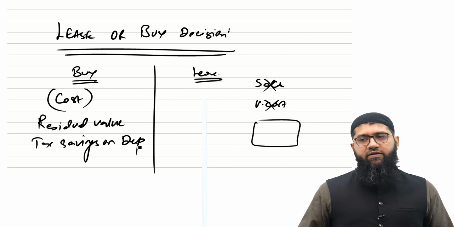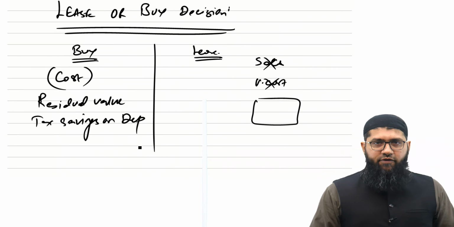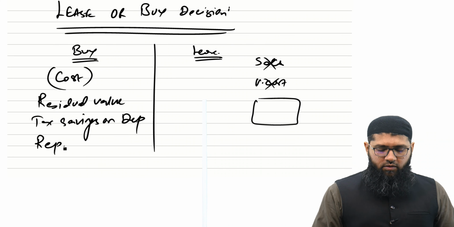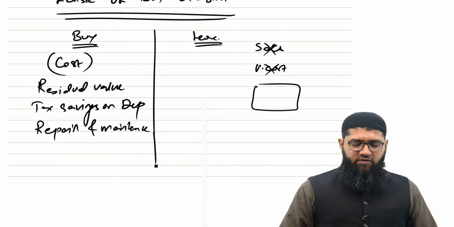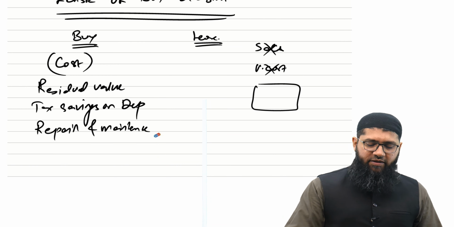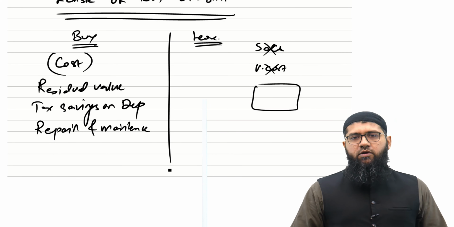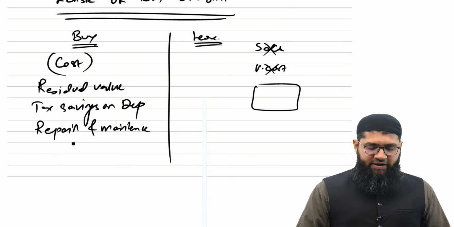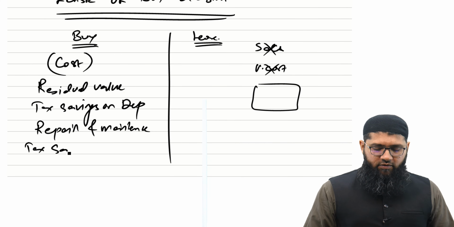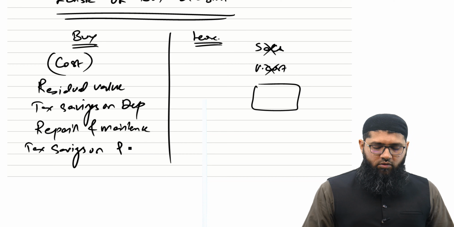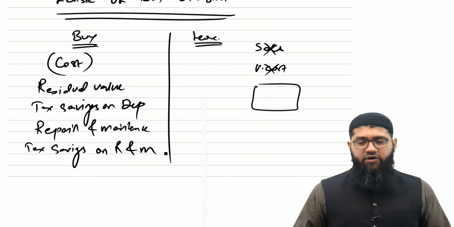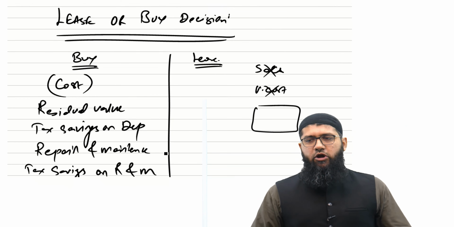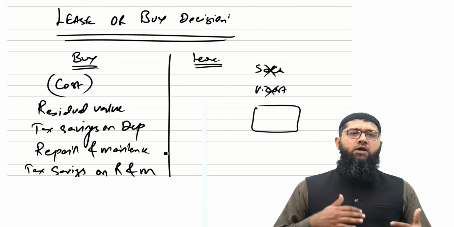Then you have got tax savings on depreciation. Furthermore, you have got repair and maintenance. In addition to this repair and maintenance, you have got the tax savings on repair and maintenance. So I repeat, when we talk about the buying of an asset, these are generally